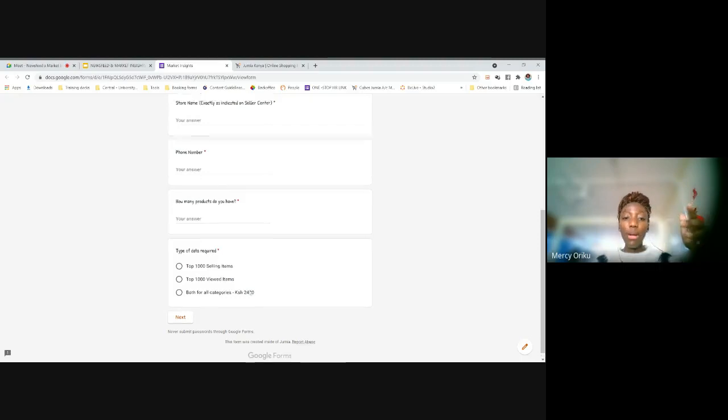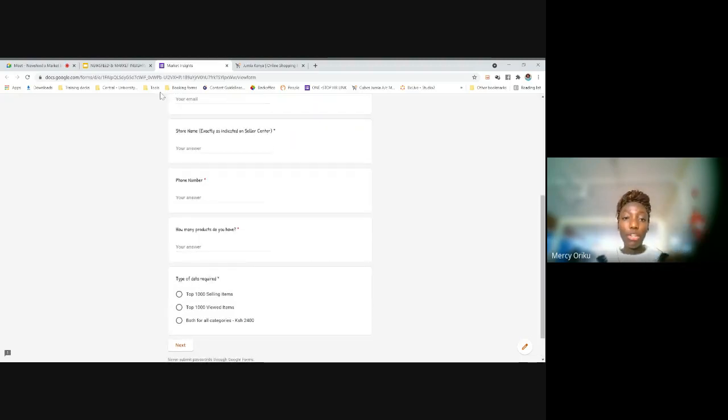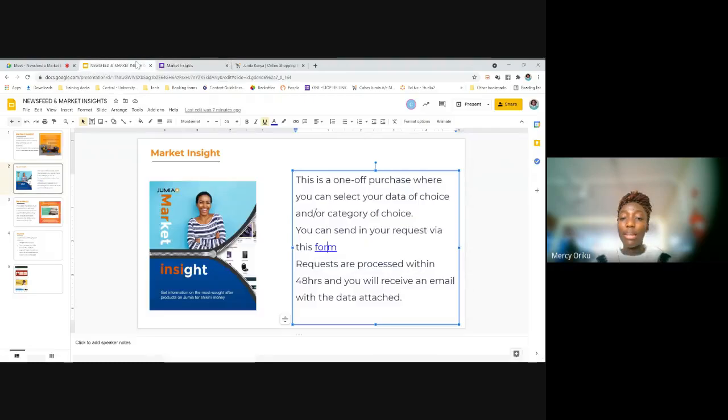And with that, the other thing that you need to know with Market Insights is that it does have terms and conditions, of course. For you to qualify to purchase a data,